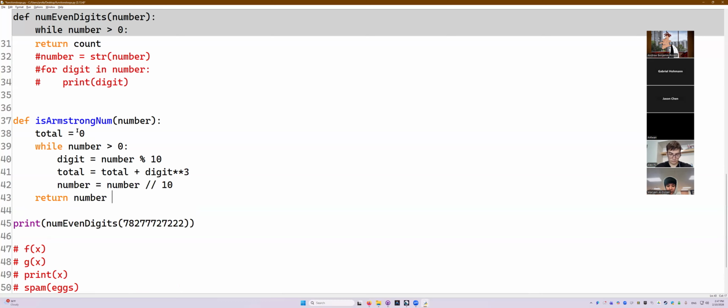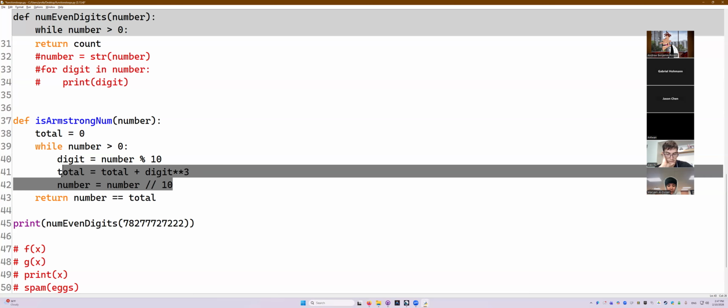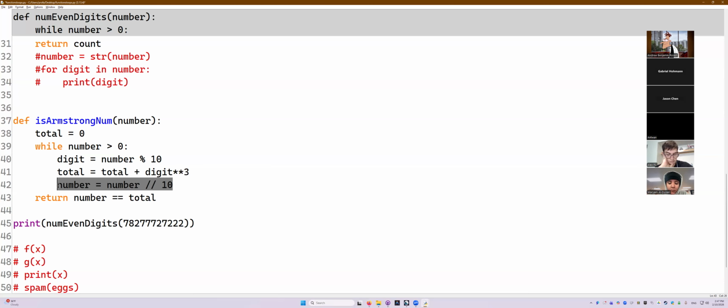if number equals total. Now, if we do this, however, we're in a bit of a bind. Why? Because we're modifying number until it gets down to 0, and then we're trying to compare the original number, right? Does that make sense to everybody? See how this would always be false? Because we've modified the number at every step of this. Now, this is an easy fix, fortunately,